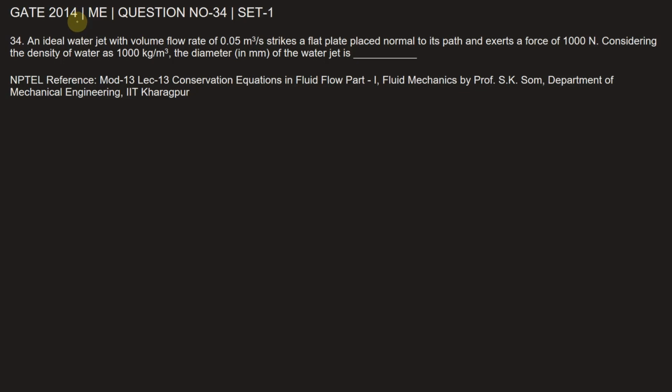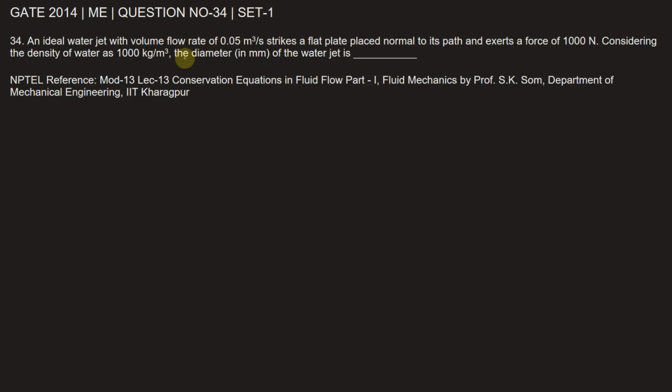This question is from GATE Mechanical Engineering of 2014. This is question number 34 of set 1. The question is, an ideal water jet with volume flow rate of 0.05 meter cube per second strikes a flat plate placed normal to its path and exerts a force of 1000 Newton. Considering the density of water as 1000 kilogram per meter cube, the diameter in millimeter of the water jet is,